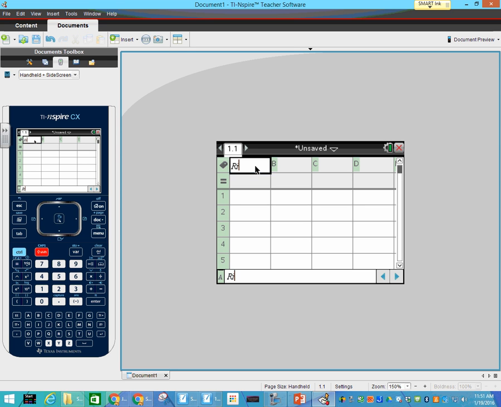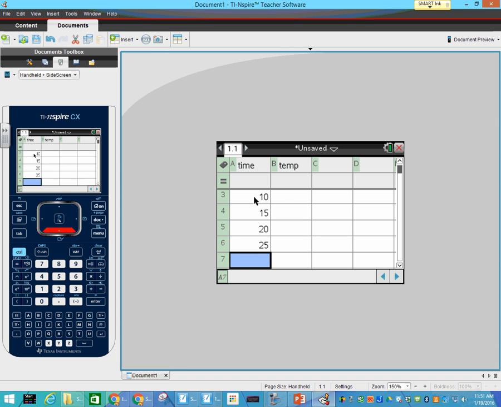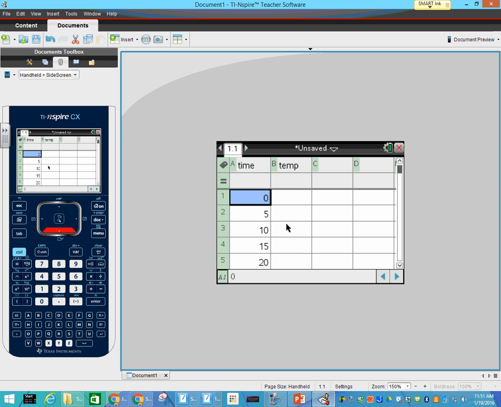Our first column is time, and that doesn't say time, so let's try that again. Time, and then I'm tabbing over to temperature. And then you skip this line. This is if you put an equation in, and we're not doing that. So we're going to put in 0, 5, 10, 15, 20, and 25. Then I'm going to go back up, and I'm going to enter 2200, and that's not 2200, nope, 1700,